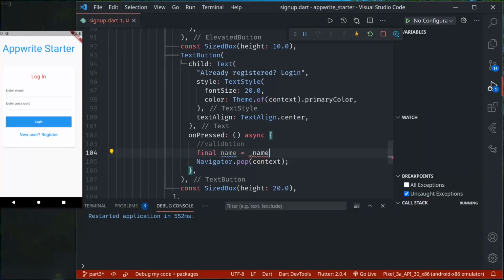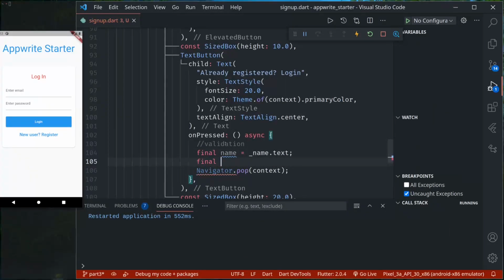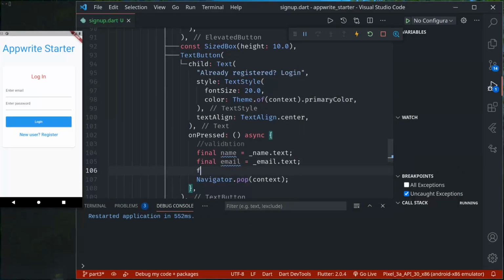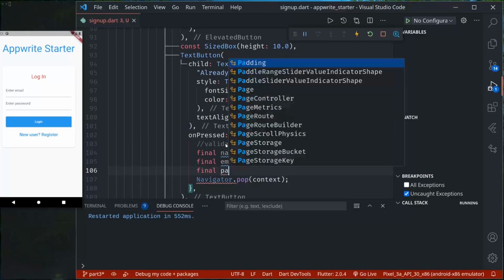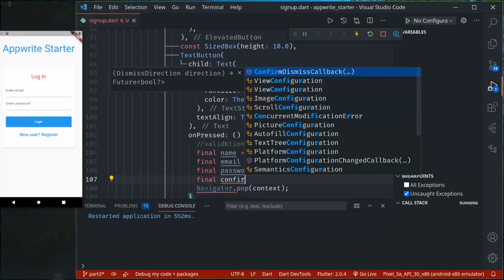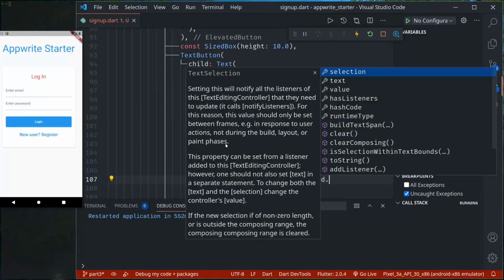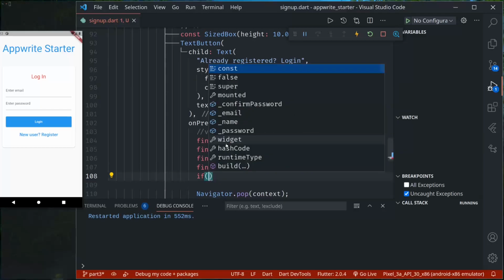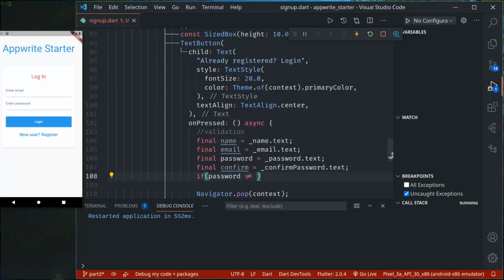Name dot text, email dot text, name, email, text, confirm password dot text, and we'll simply validate if password is not equal to confirm